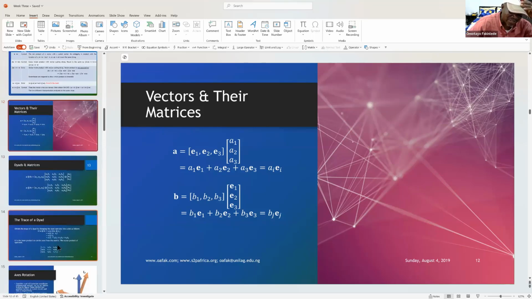A vector is not a matrix, but a vector has a matrix form. A tensor also has a matrix form. So these are the two matrix forms of the vector A. And this is a matrix form of vector B, provided you are assuming that the bases here are a row vector and the bases here are expressible in a column vector. You see that when you do that, you are going to get exactly the same expression that we have gotten before. So when somebody writes a vector as a matrix, he's making certain assumptions. Similarly,